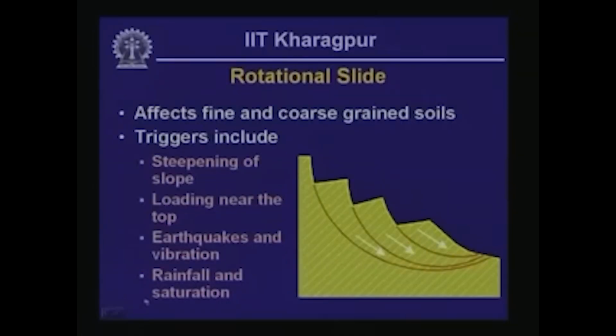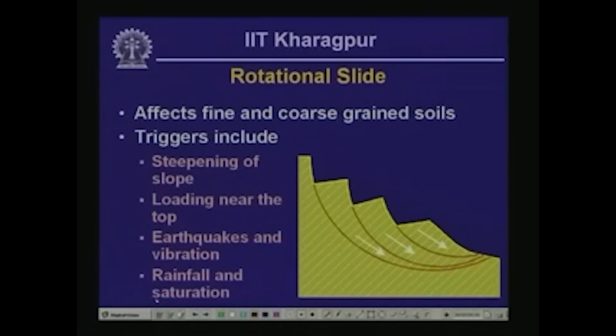So let's look at the triggering mechanisms that could lead to this type of failure. First, we talked about steepening of slope. So let's say you have a hill slope of this geometry. If for some reason we excavate a steep slope on the face of the natural hill slope,